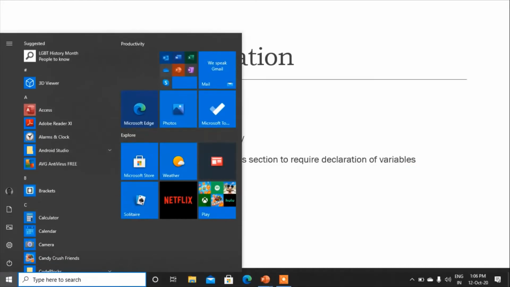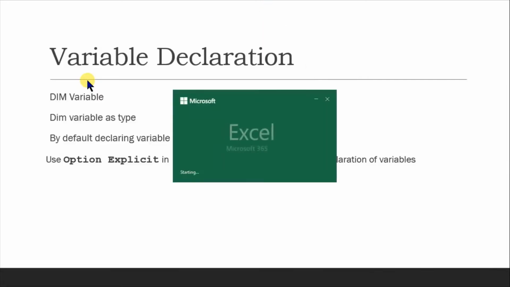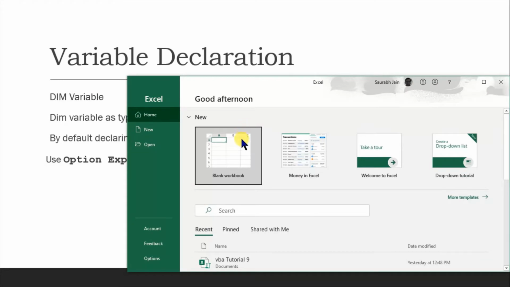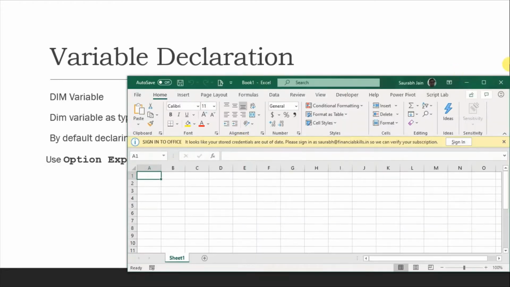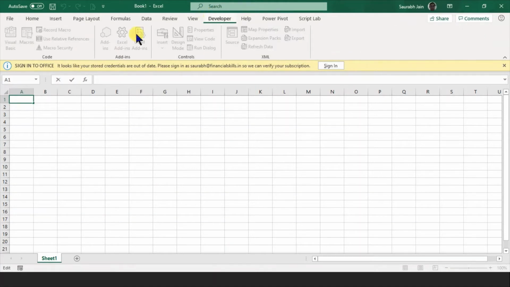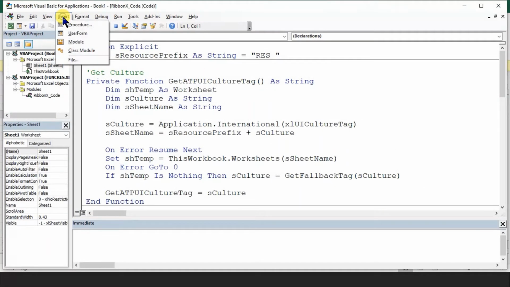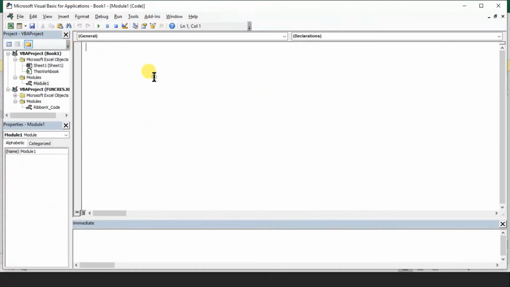So let's open our Excel. Let's move into Developer, Visual Basic, Insert Module. Look, I told you that there's no need to declare variables.